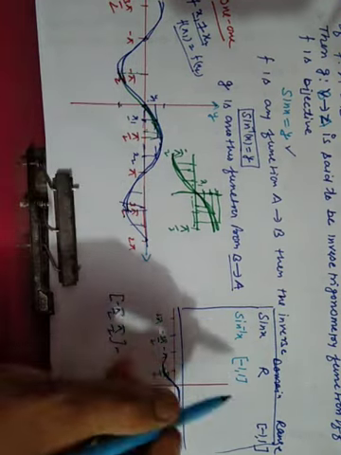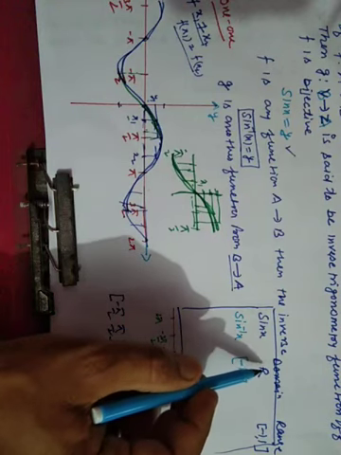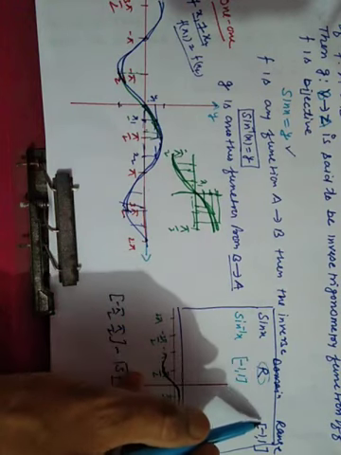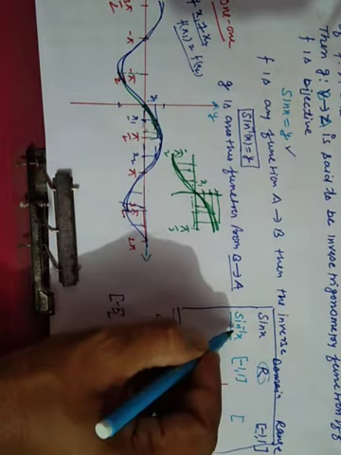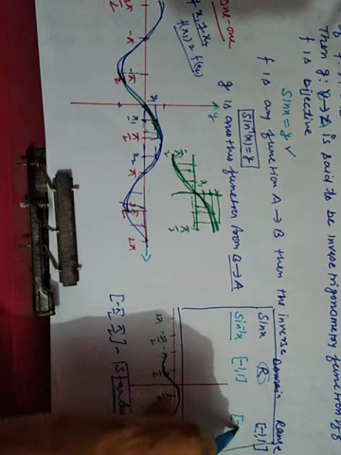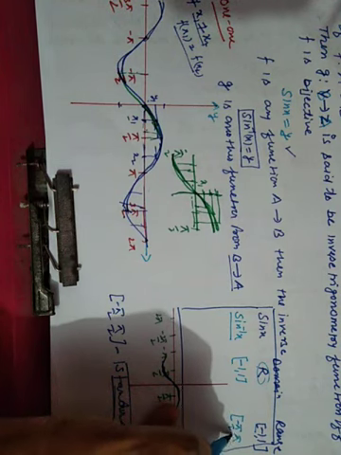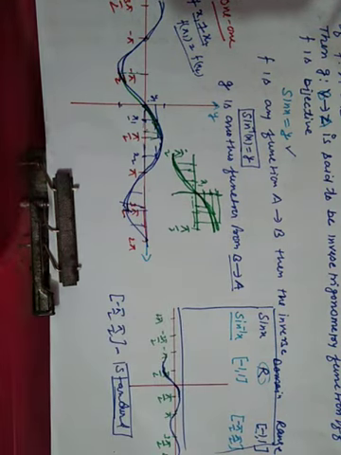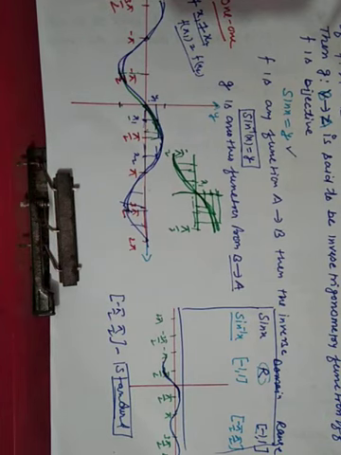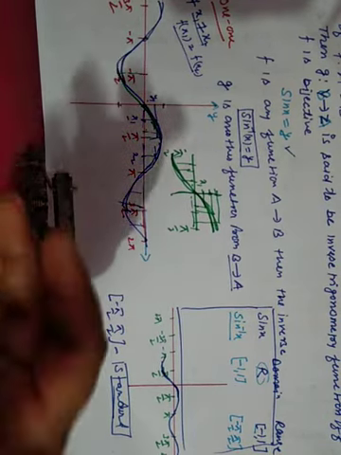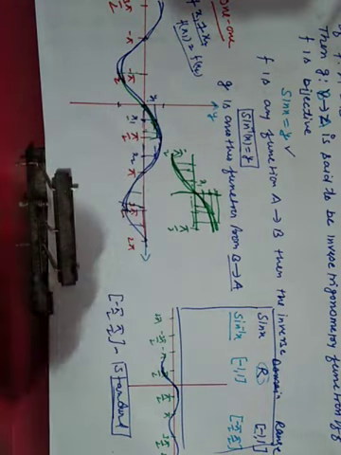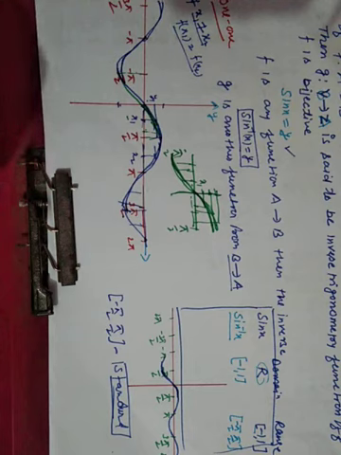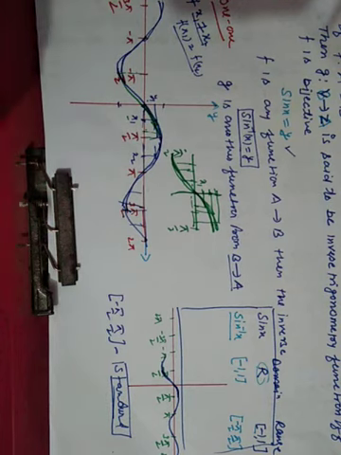Now the range is what? We have to select a particular range. In this case, for sine x, the domain is real numbers and range is -1 to 1. Now we are talking about the sine inverse function. So for the sine inverse function, we have the range minus pi by 2 to pi by 2. And the reason, as I told you, is that it is an inverse function. For an inverse function, the function must be 1-1 and onto. Clear? Now let's talk about other functions and their domain and range.